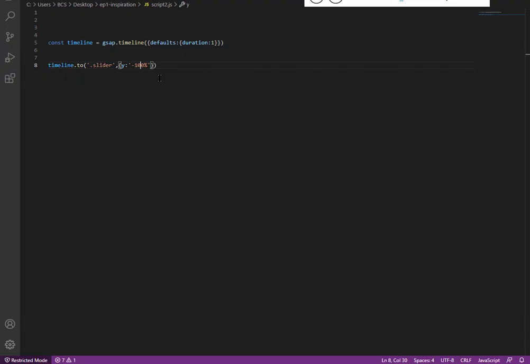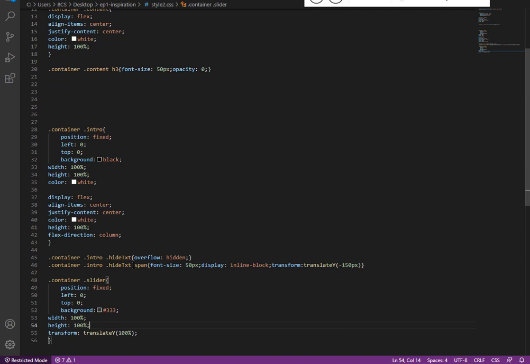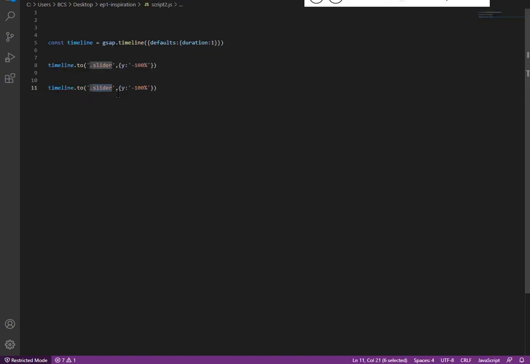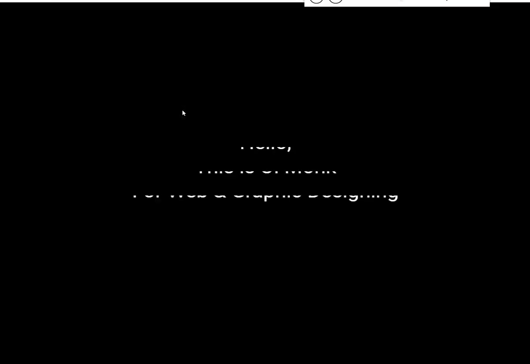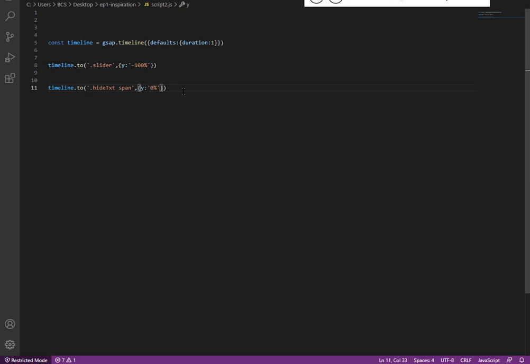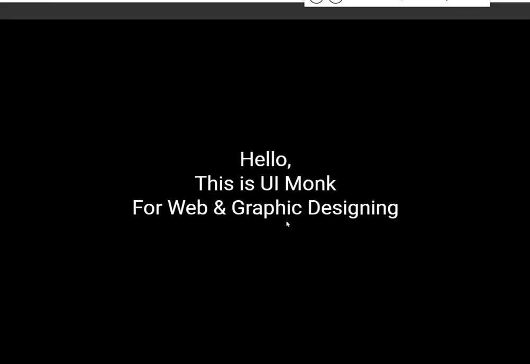Cool, that is working. Now the same way, I want the text which is hidden, class hide text. Inside a text we have span tag, and I want the y to be 0%. If I refresh, but this should come above the slider. Cool.